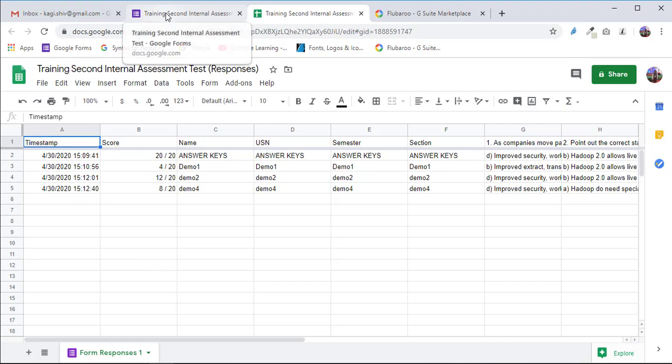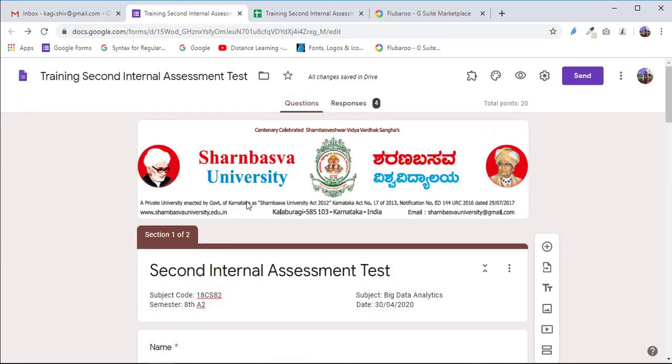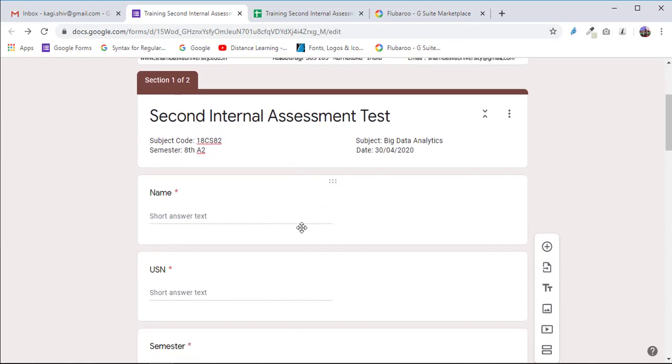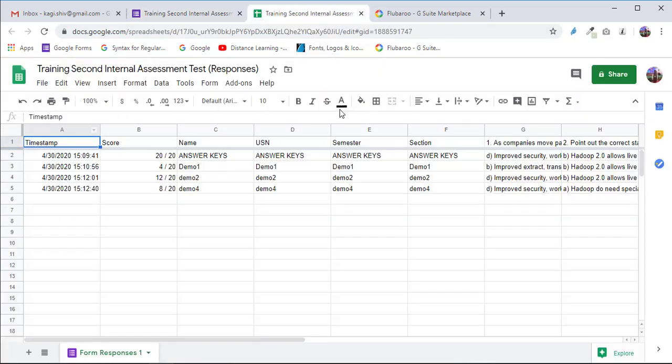We are not altering anything, we are not doing any negative marking in this question paper. We are just allocating 4 marks for each question and giving this test to the students. At the back end we should perform the operations: for every right answer there should be 4 marks, and for every wrong answer we should deduct 1 mark. If students have not answered any question, if they left it blank, then we should allocate 0 marks for that question, right? Now this is the response sheet which we have got.